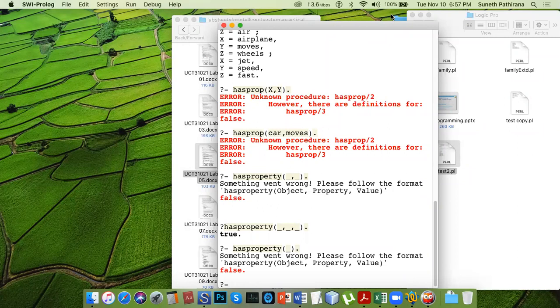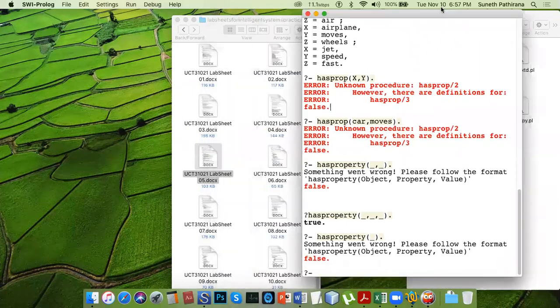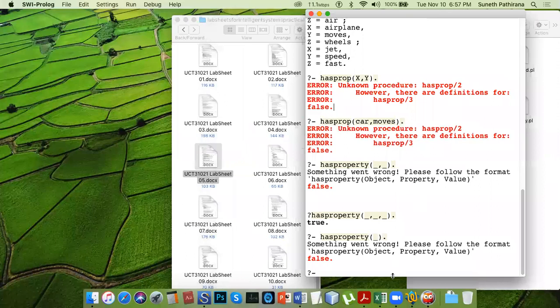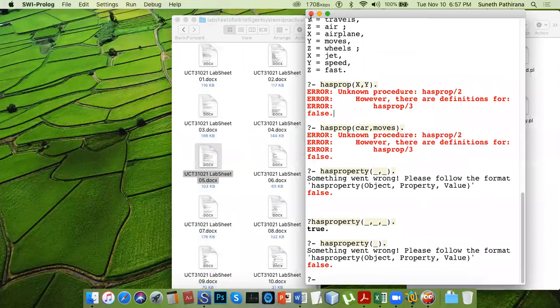So this is the answer: to improve the user friendliness, and make the behavior more interactive, attractive, and simple from the user viewpoint. I think you got an idea about the exception handling.